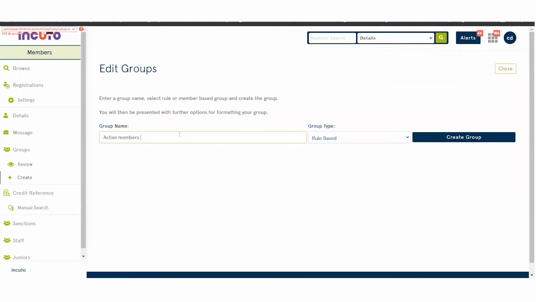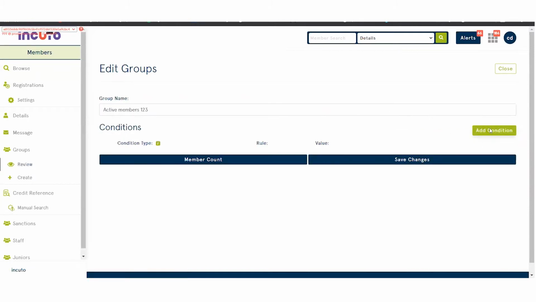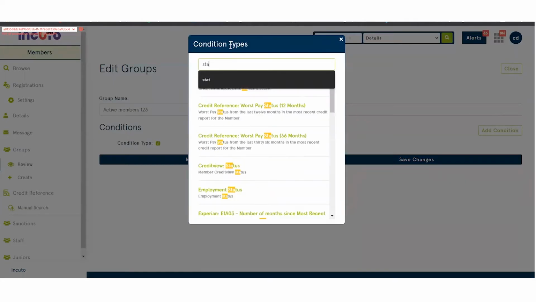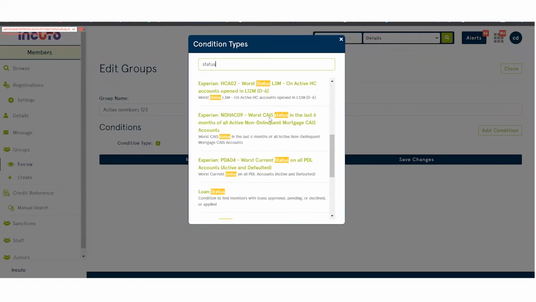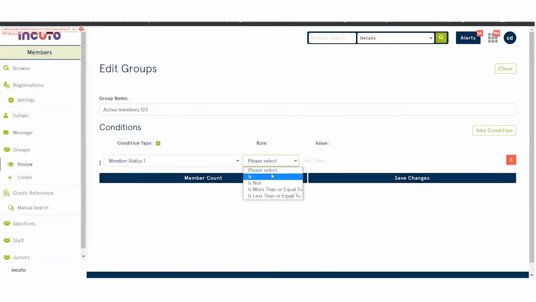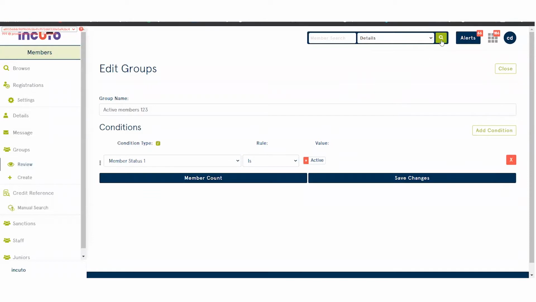Let's change that up a little bit. So then when you're within here, you can add conditions into this. So for active, we'd be looking at their status. And their status 1 is active. And that's how you easily just pull all of your active members into a group to send them